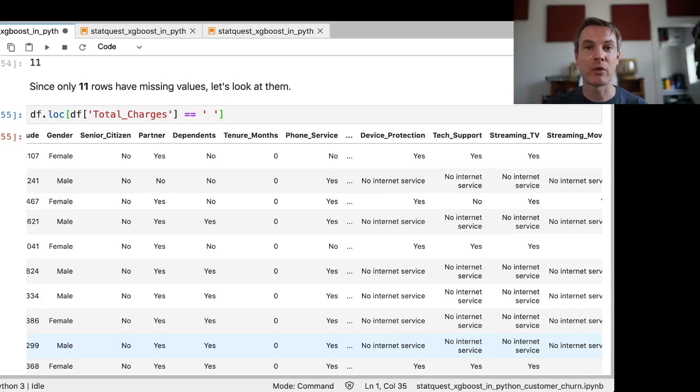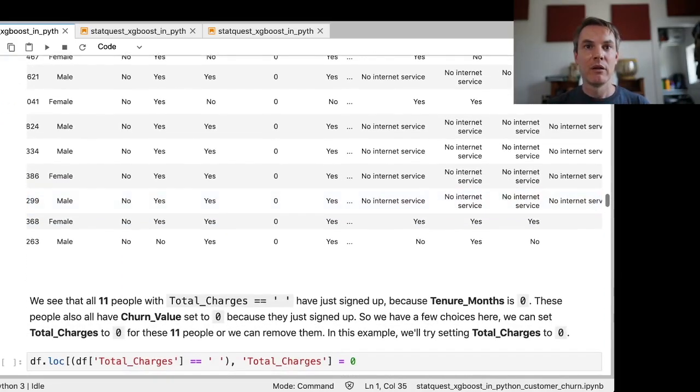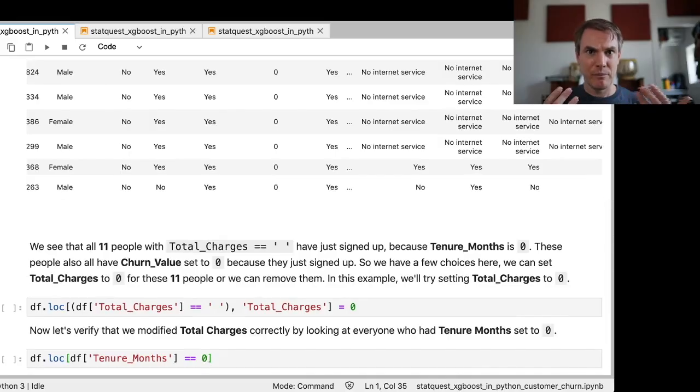They just subscribed, and so they're on a plan. We've got an expected amount of money we're going to be getting from them, but they have not paid us anything yet. And since it's just a handful of people, we're just going to set total charges to 0. And the way we do that